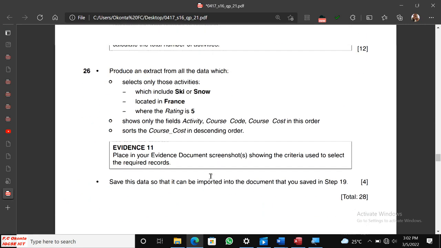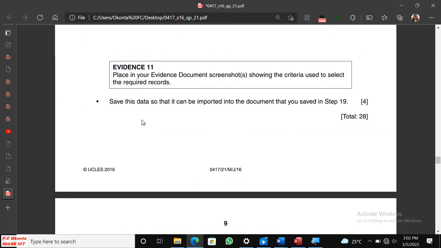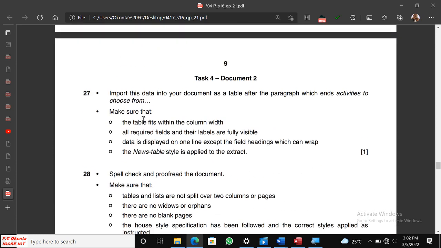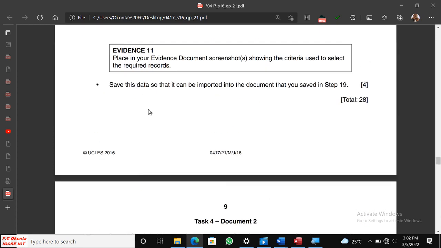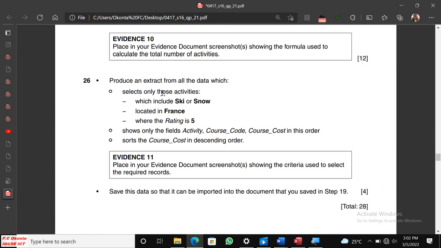So what next is I'm going to produce an extract. Please be careful here. Let me produce an extract, then finish this part of the video. Produce an extract for all data which selects only those skills which include SKI or snow, located in France,